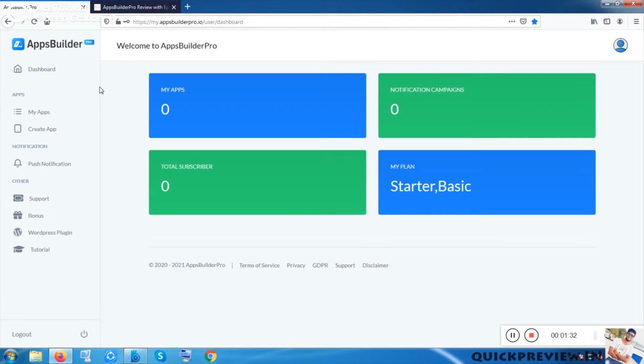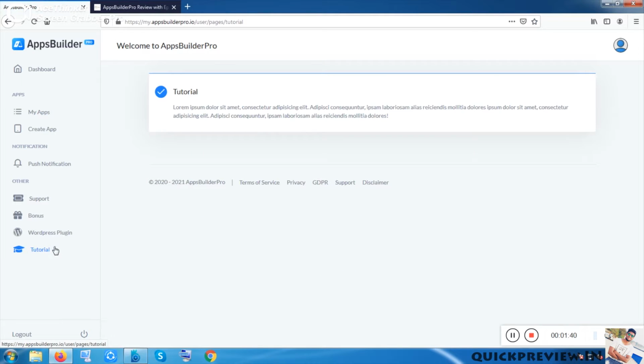Once you have entered this tool, you should first go through the tutorial section. Once I click on this tutorial section, as this is a review version, maybe they are not showing me any videos, but in your version, once you have purchased it, there will be videos, and by going through those videos you will be taught about this app. This app is literally cool. I have never seen an app like that. It is totally one-click mobile app developing.